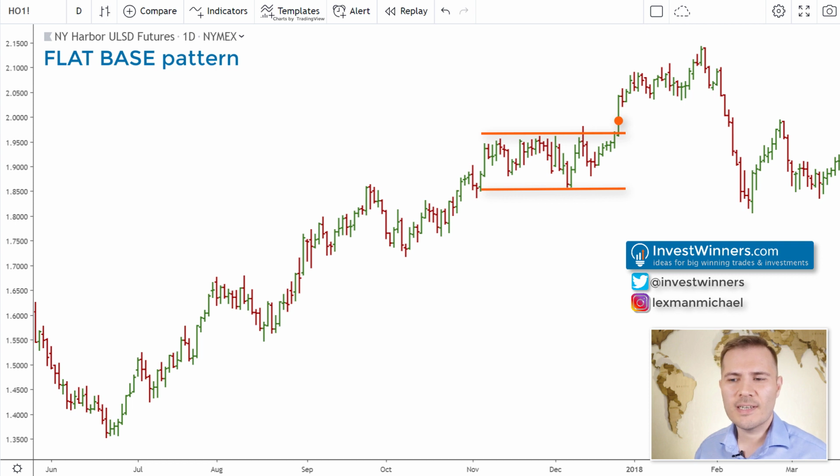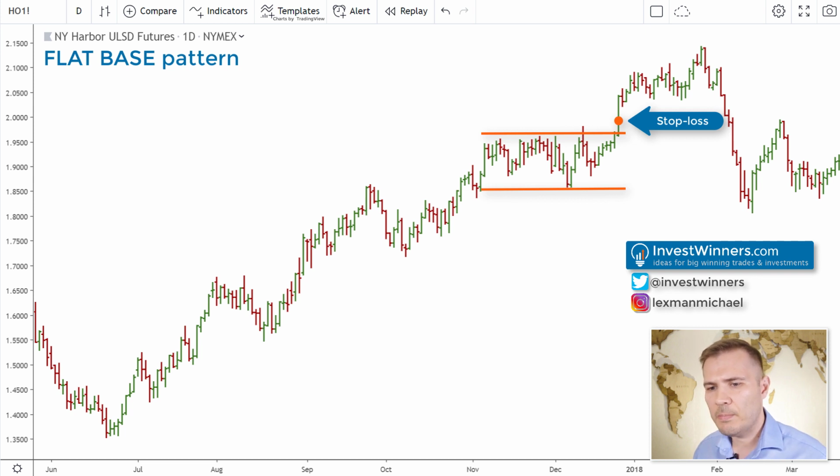Let's go back to our example. A stop loss could be placed either here or here under a higher short-term low, or after closing this day bar where the breakout took place, we could move the stop loss to the same point where we entered the position in order to reduce the risk of loss to zero.